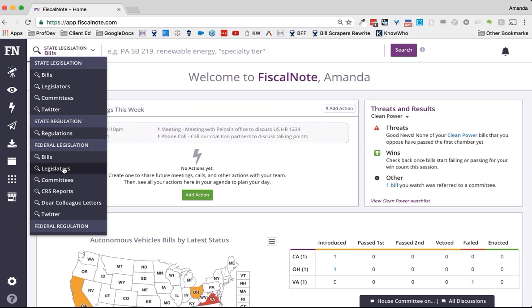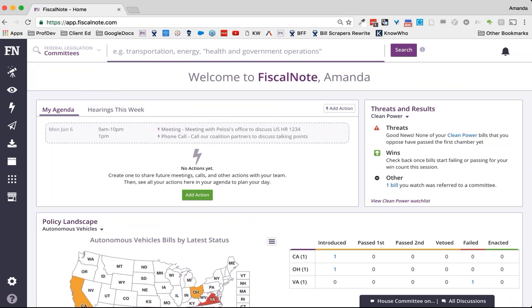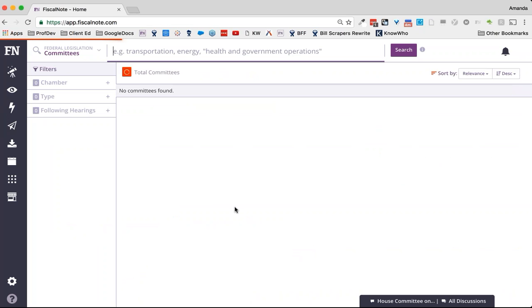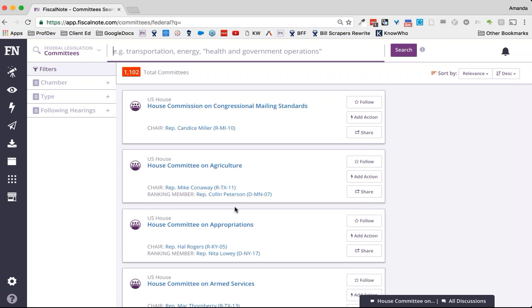The other place is actually in committees. So I'll go here to federal legislation, search over committees, and show you the place that you can actually create lists directly from there. If we let it load here. And if I just click into the House Committee on Agriculture,